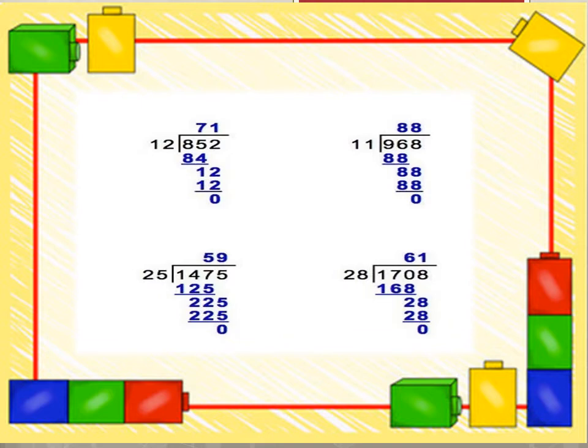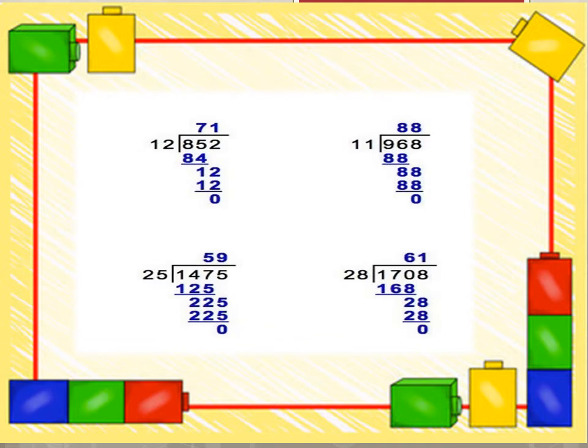We cannot learn all the tables of 2-digit and 3-digit numbers, so we have to multiply and check whether the digits given in the dividend are bigger than the product of the divisor and the multiplicand. So here we have done 25 fives are 125, that is less than 147. When we have subtracted it, we got 22. Again we have taken 5 down. 22 is less than 25.